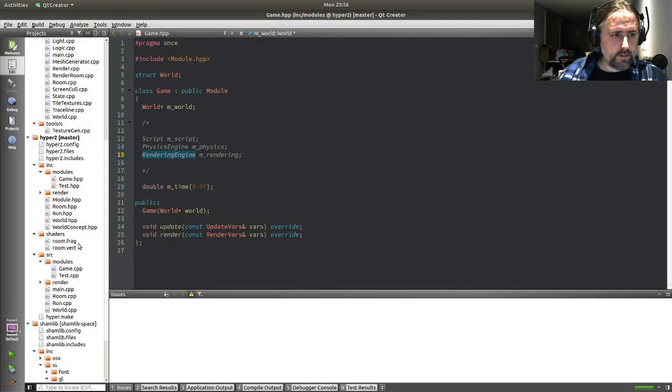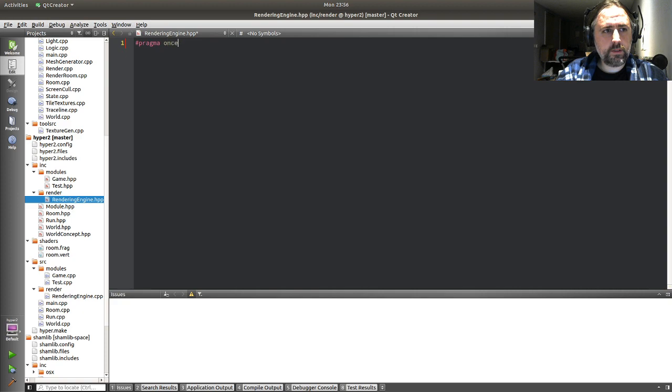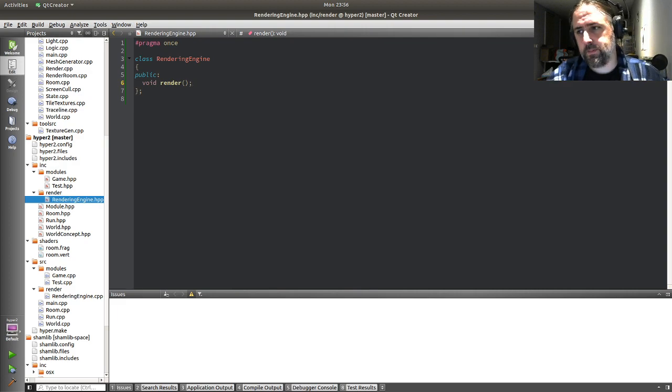Okay, so now we have a rendering engine. Whoa, it's here. There it is, pragma once. Rendering engine. Okay. It probably will need to render at some point as like a bare minimum. I could be crafty and feed the rendering engine into the game and then substitute out and have a debug rendering engine to do some debug stuff. That would probably be pretty nice. But I'm not going to. For now, I'm just going to make it